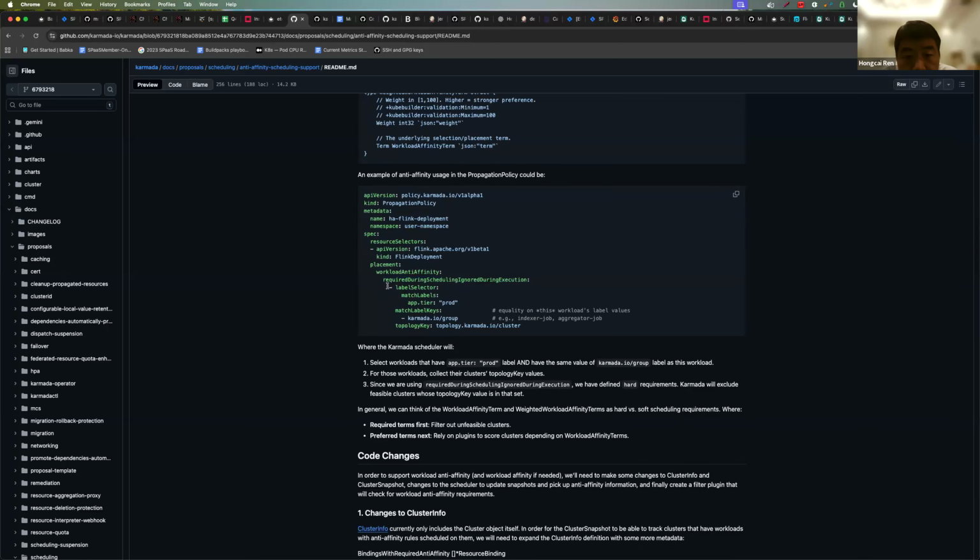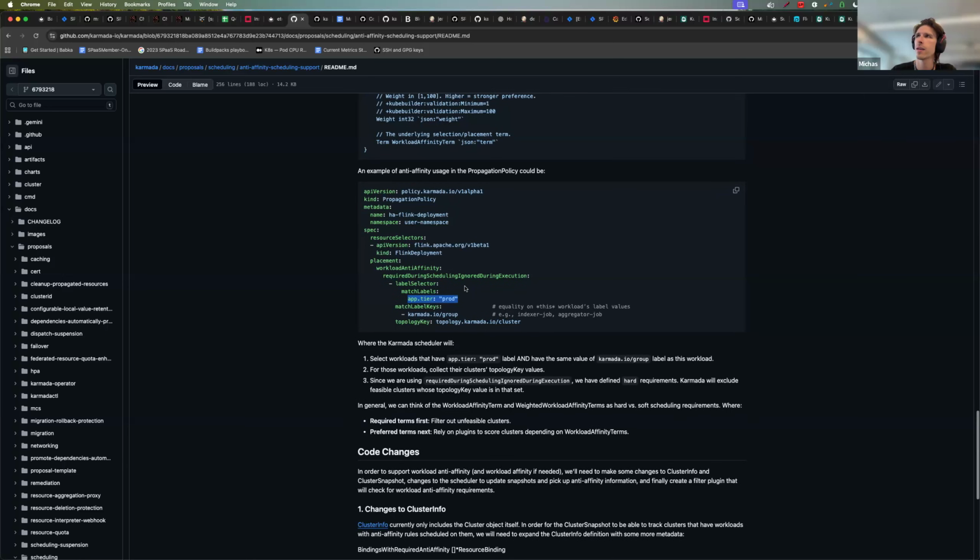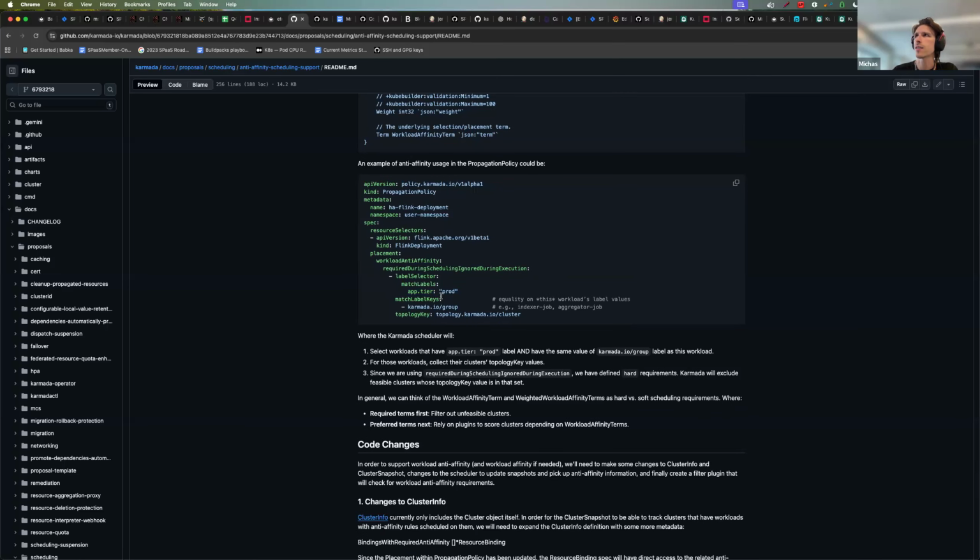What it'll do is select only applications that have this app tier prod set on their YAML. Additionally, this will check for equality on this workload's label, karmada.io group. This is how we're going to group applications with one another.